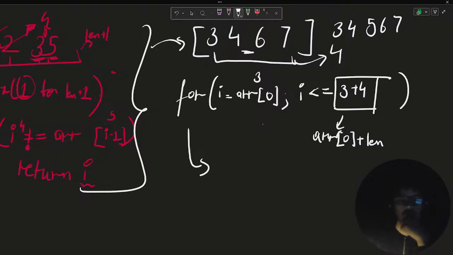If there is only one number, we'll write that logic afterwards. Okay, we'll check this solution later. Now, if this I is not equal to